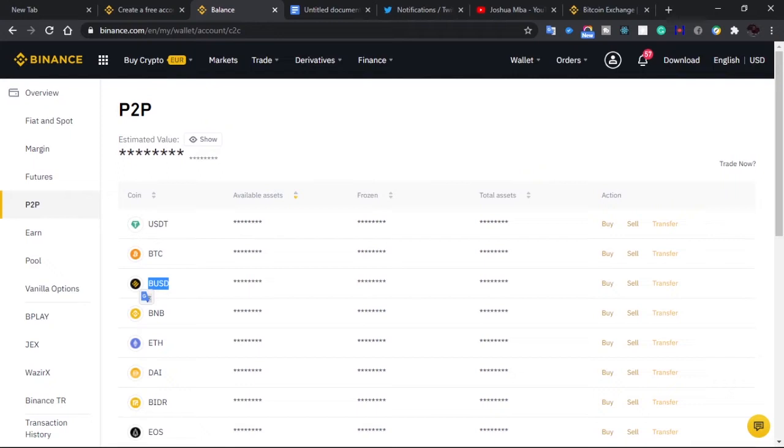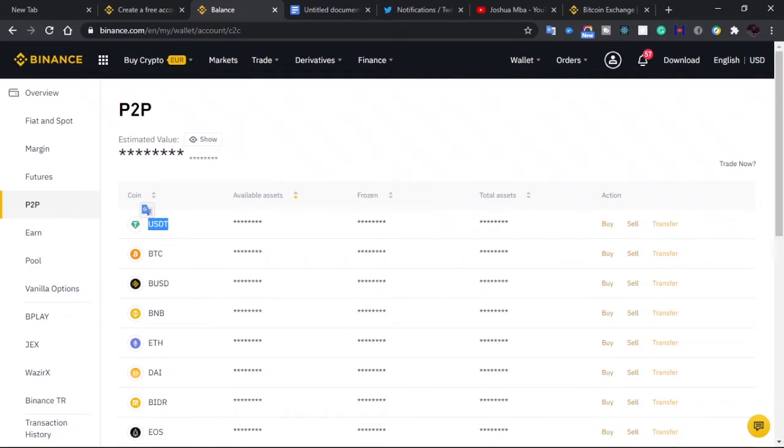But there are times you notice a slight change, maybe in cents, but it's usually stable. It's more stable than our fiat currencies. Okay, so they are called the stable coins. So you keep your money in these stable coins when you want to retain the value of your money, irrespective of the volatility of any coin in the marketplace. So when you want to deposit money into your P2P account, it's always advisable you use the USDT or the BUSD. And me, of course, I prefer to use the USDT.